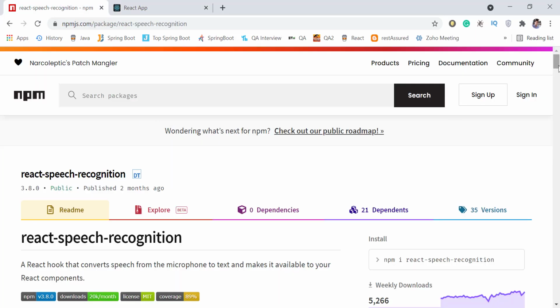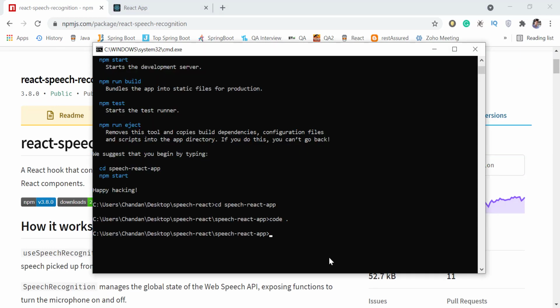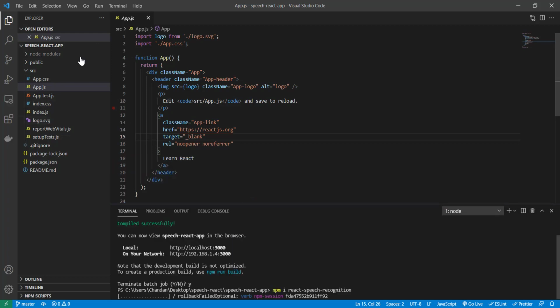For now we can go down. Here you can see we have this command. We can just copy it and go to the terminal, right click, and paste it here. Click enter. So now we are just installing React speech recognition in our React.js project.